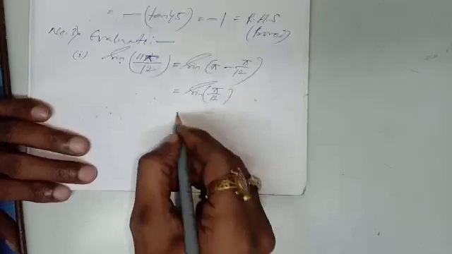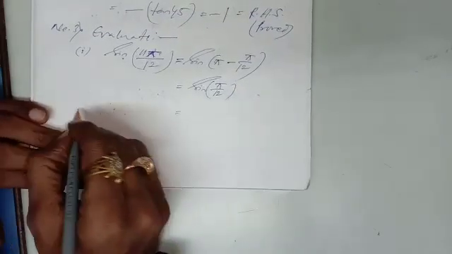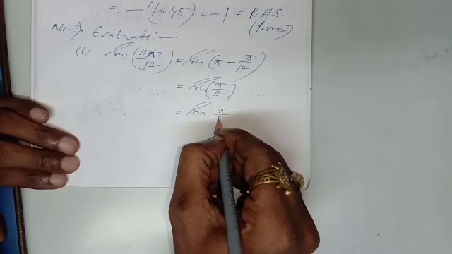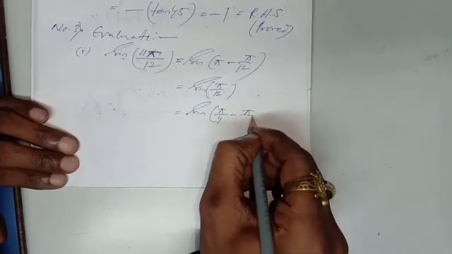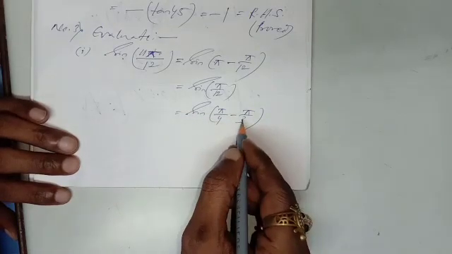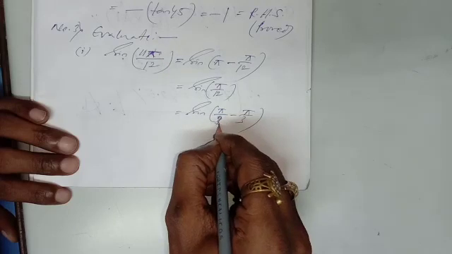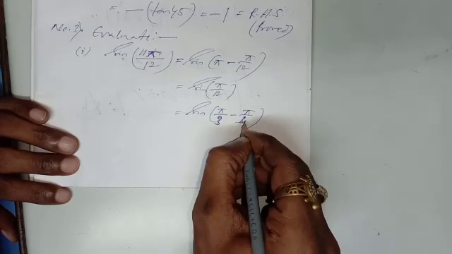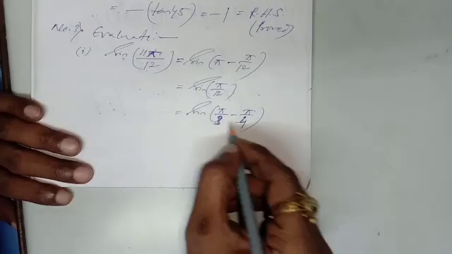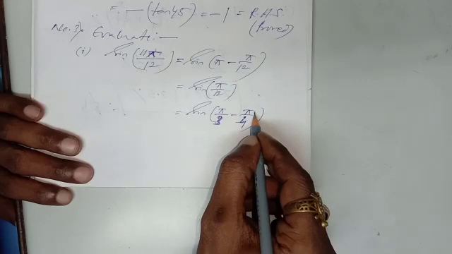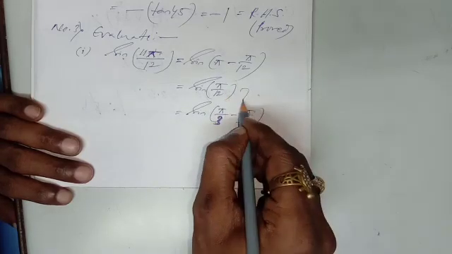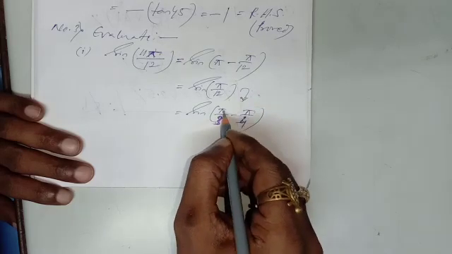This sine pi by 12 you can break like this. I am writing it here: pi by 4 minus pi by 3. If you take LCM, this will be 12; 4 times 3 are 12, so write 3 this side and 4 the other. Pi by 3 minus pi by 4. Okay, pi by 3 minus pi by 4. LCM will be 3 fours are 12, 4 pi minus 3 pi, that is pi. So pi by 12 I decompose in this form: pi by 3 minus pi by 4.